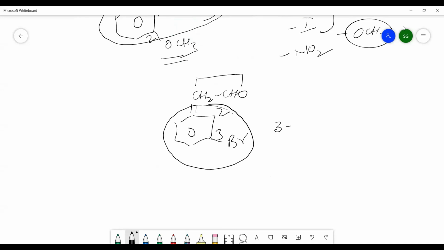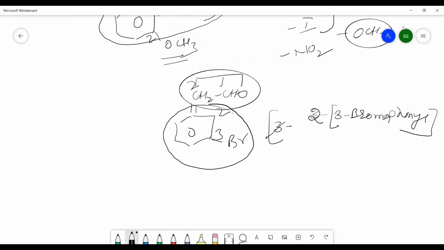So it will be 3. 3 position पे, और यहाँ पर second position पे 3 रहेगा आपका बाहर. थर्ड पोजीशन आपकी सब्सिट्यूएंट के अंदर हो गई, और अंदर जब आप जाएंगे तो सेकंड पोजीशन पे क्या अटैच है? 3-ब्रोमो फिनाइल. ये चेन है. सेकंड पोजीशन पे क्या प्रेजेंट है? 3-ब्रोमो फिनाइल